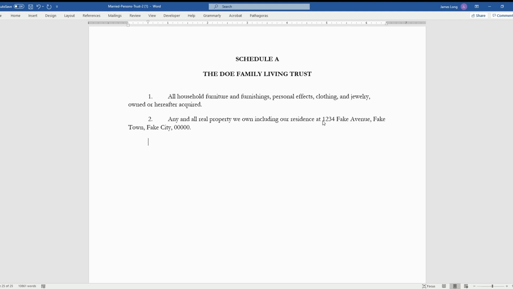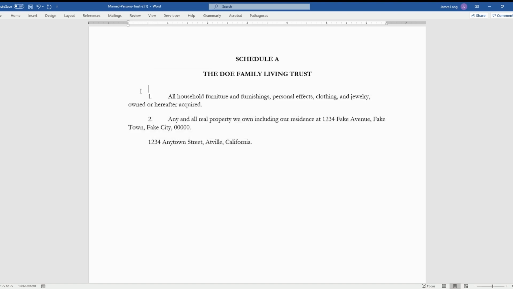All right. But what you also need to do is list out any other property you own, right? Maybe it's 1, 2, 3, 4 Any Town Street, Antville, California. So any rental properties you own, any real property that you own, put it in here, specifically